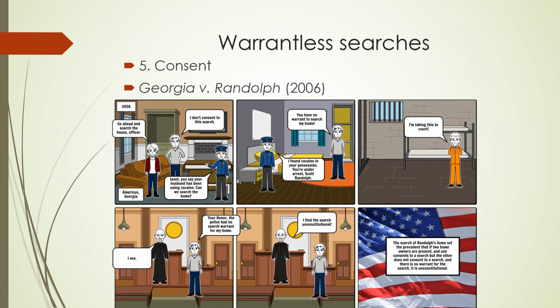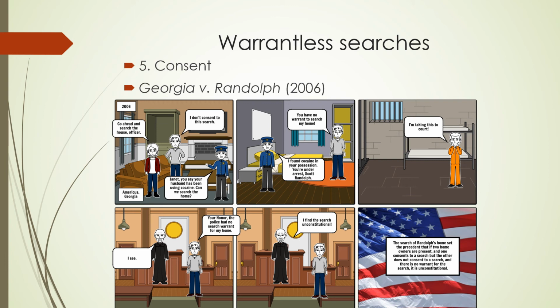Here's my exception to the general rule of consent. This case involved Georgia versus Randolph. The police got called to the Randolph house because it was a domestic dispute. And while they put him in the police car, and while they were questioning her, she was very mad. And she told the police that if they searched their house, they would find evidence of, I think it was drug dealing. And the police said, oh, can we search the house? And she said, yeah, go ahead and search. And Randolph is in the car going, you can't search. I don't give consent. And so the question that came before the court was, if 2 people who both